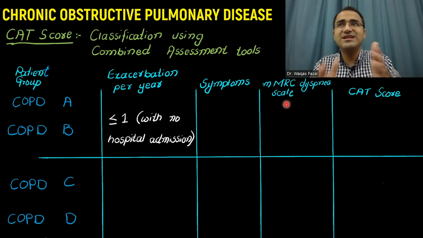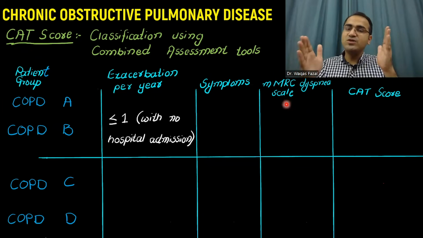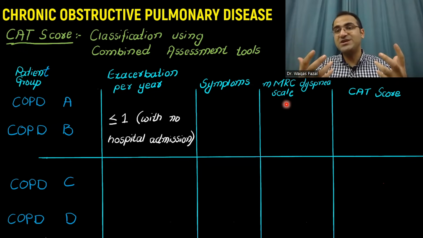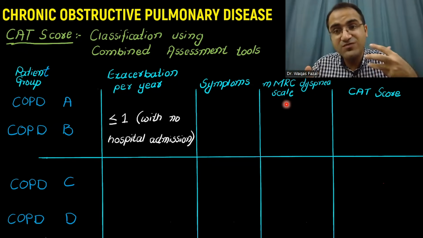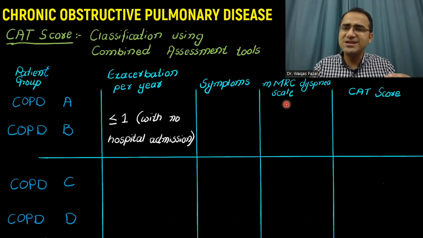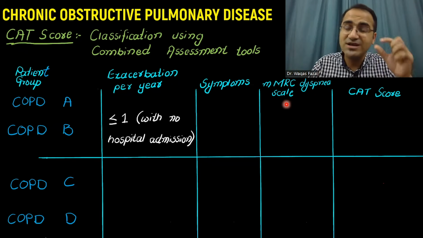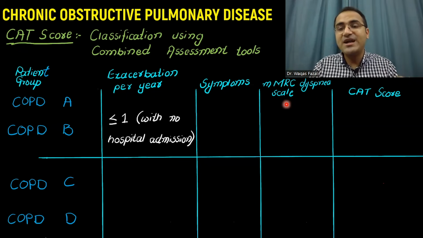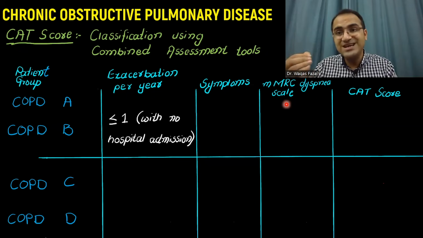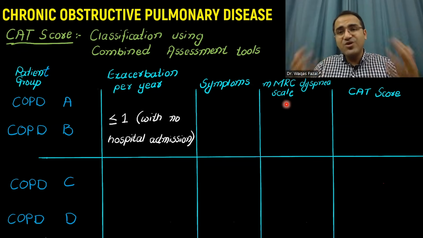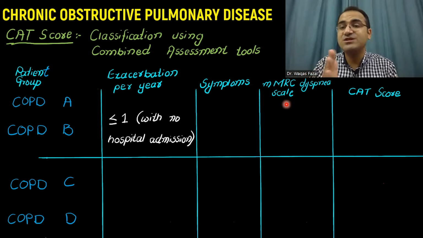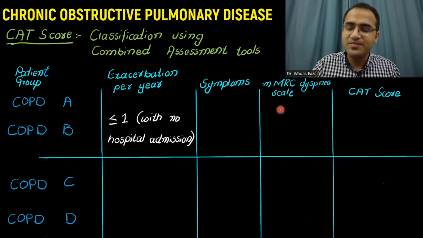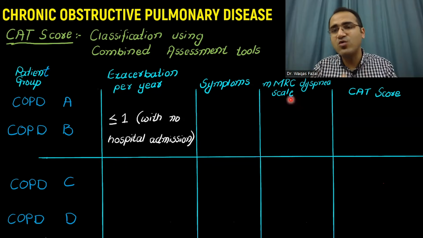In the MRC dyspnea scale, they classify the patient according to the symptoms of dyspnea that the patient develops according to the activity. After how much activity does that patient develop symptoms of dyspnea? If the patient is developing symptoms of dyspnea only on strenuous exercise, that is given the score 0. And if the patient is developing symptoms of dyspnea even after changing the clothes, after moving out of the house, that is given the score 4, the maximum score. Now I am telling you these two just to give you a basic idea about how GOLD classification is